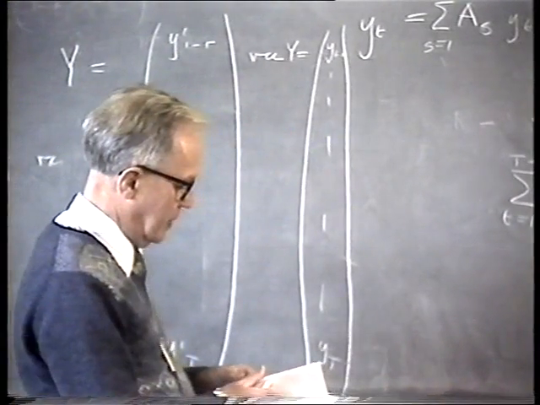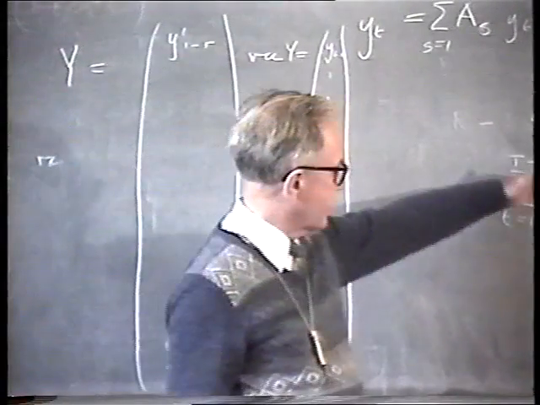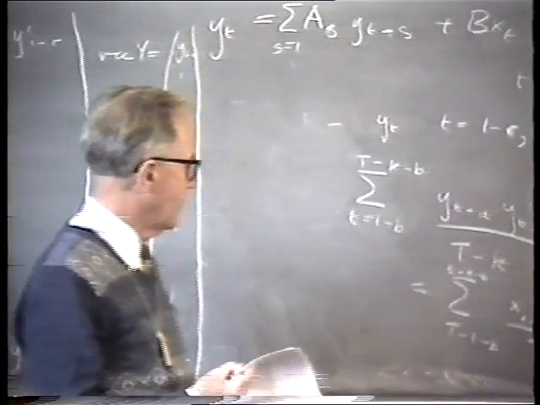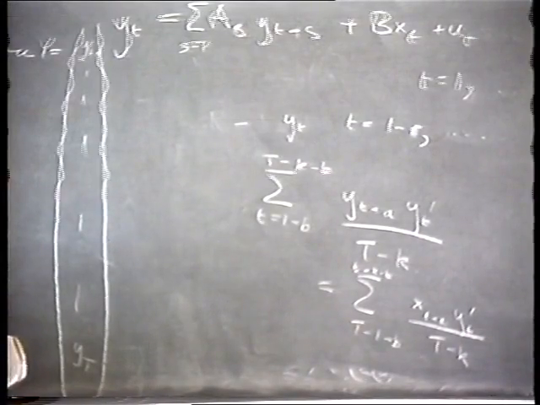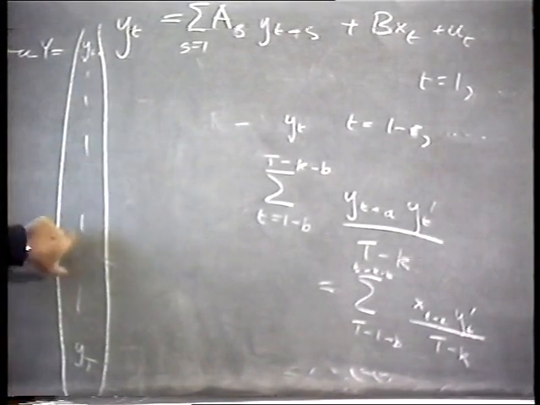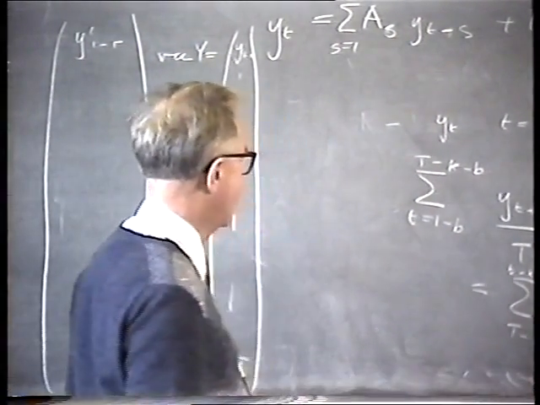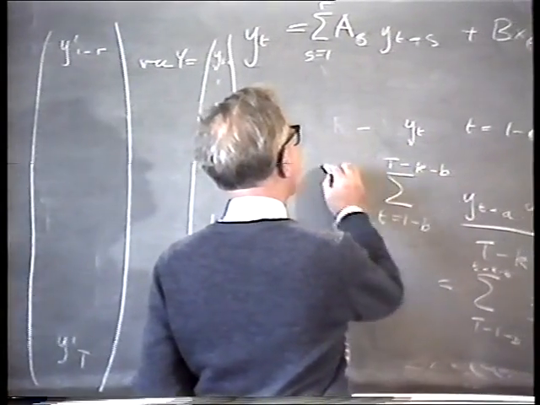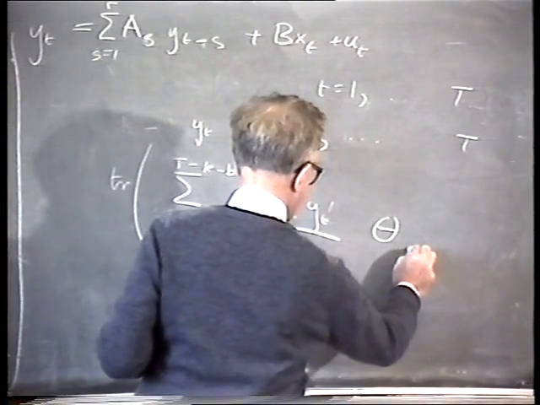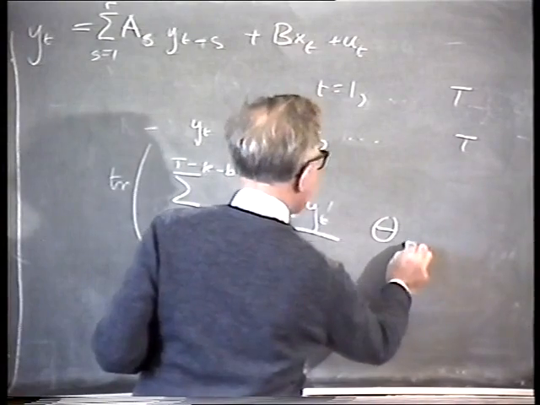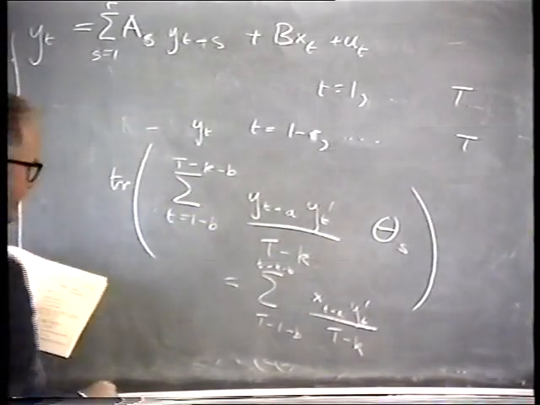And then what we want to do is to think of each of these matrices as being a quadratic form in vec y. Now, in order to do that, I'd have to think about taking the trace of this matrix with some appropriate theta, what have we got here, theta s, where s is different for each separate